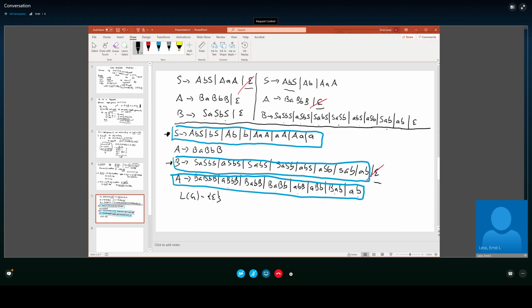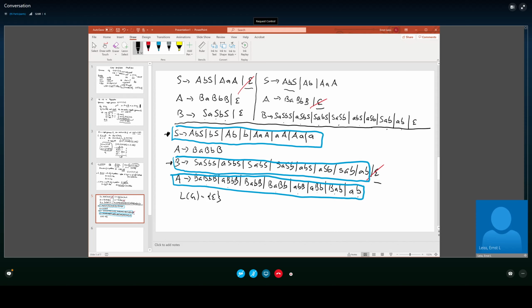Obviously, there's no way to generate epsilon because epsilon does not occur on the right-hand side of any production, but everything else is generated because we provide all possibilities that one can carry out derivations in,